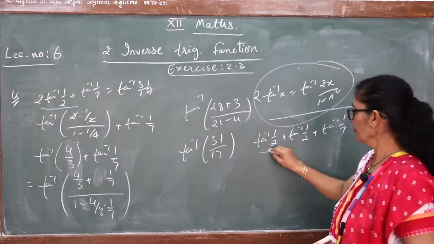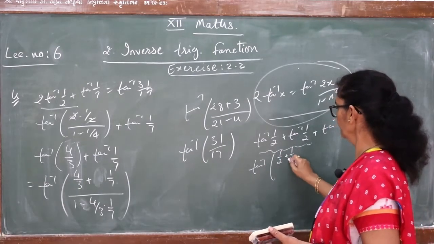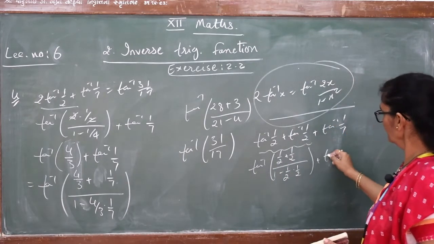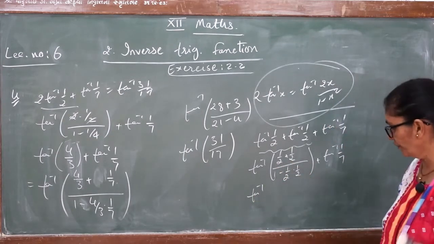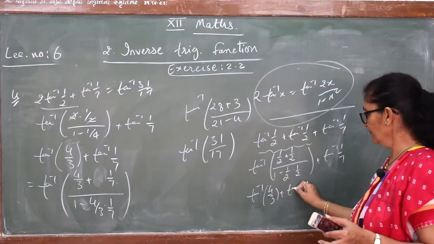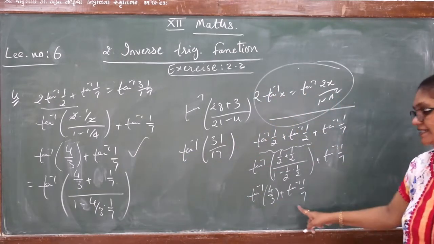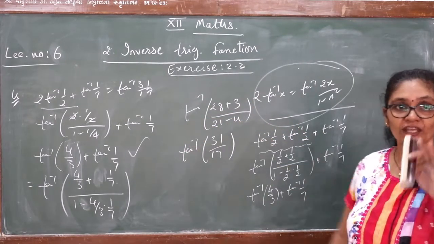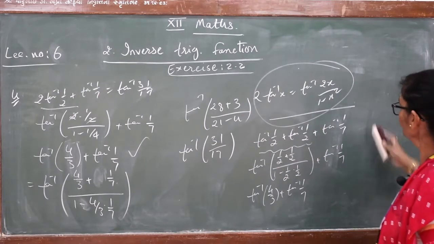Then what to do? First you combine these two. So tan inverse half plus half upon 1 minus half into half, plus tan inverse 1 by 7 as it is. Now half plus half is 1, and this is 1 by 4. So definitely 4 by 3 plus tan inverse 1 by 7. Now at this stage the remaining part is the same; we have converted it. So if you remember the formula, apply it directly. If not, then you can solve by our general method also.